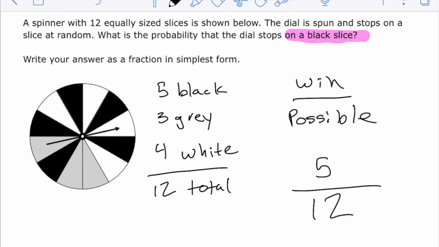It also says up at the top here that we want to put our answer as a fraction in simplest form. So we have to make sure that that's what we're doing. We do have a fraction, and this is in the simplest